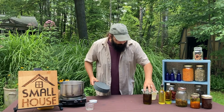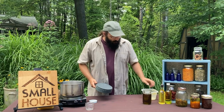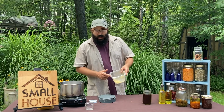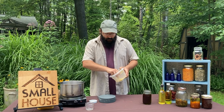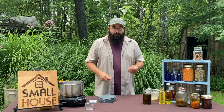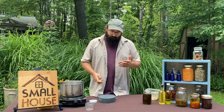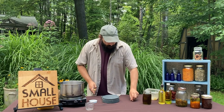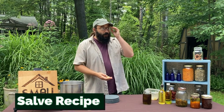Now, to make our product, again, it comes down to a ratio of wax to oil, right? Now, it's going to be the wax by weight to the oil by volume. And based on the amount of beeswax that we use, it's going to be the final solidity of our product. The more wax we use, of course, the stiffer the product's going to be. Less wax, obviously a little bit softer. So it's a matter of preference, but where we're going to start as a beginning ratio to get you going